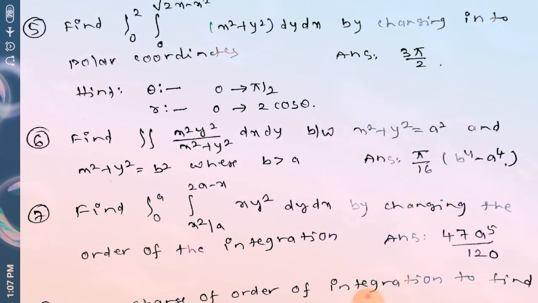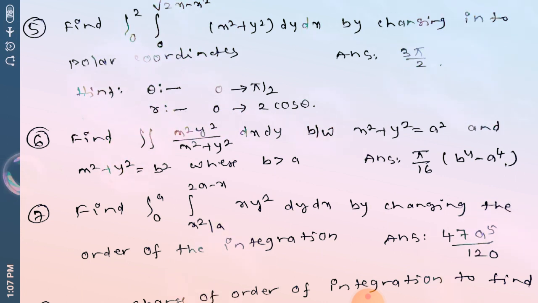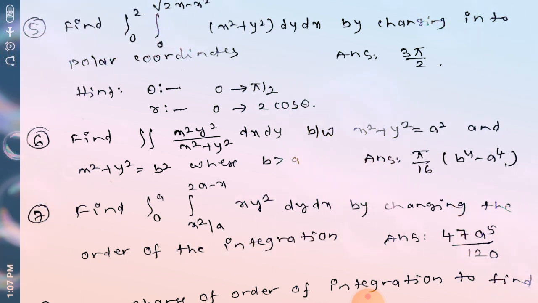So very simple. First you are starting with x equal to r cos theta and y equal to r sin theta, so that dx dy equal to r dr d theta. And in order to get the limits here, remember that the equations are given x square plus y square equal to a square, x square plus y square equal to b square. If it is compared with x square plus y square equal to r square, there r is taking the values a and b. So lower limit to upper limit, given that b is greater than a, means r limits are a to b.